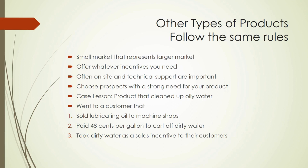Well, it turns out that we couldn't, of course, remove all of the water because we're concentrating the oily water into higher and higher levels. But we could cut their 1 million gallons per year down to about 100,000 gallons a year that they were carting off. So basically, we were saving them over $400,000, and they were thrilled, and the product was a great success. So look for these markets where really you have prospects that have a very strong need for your product,